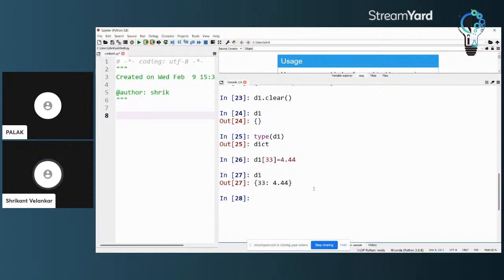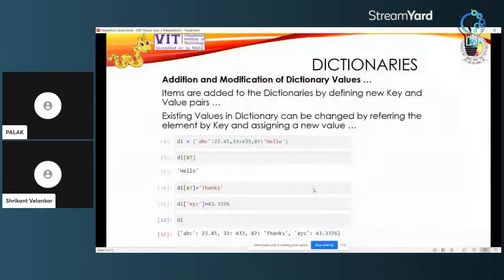We can add an element to a dictionary, we can access a single element of the dictionary, we can change or modify a single element of the dictionary, we can remove the last put in or any middle element with a particular key. So any specific element of the dictionary can be removed. So all these operations can be performed on a dictionary.